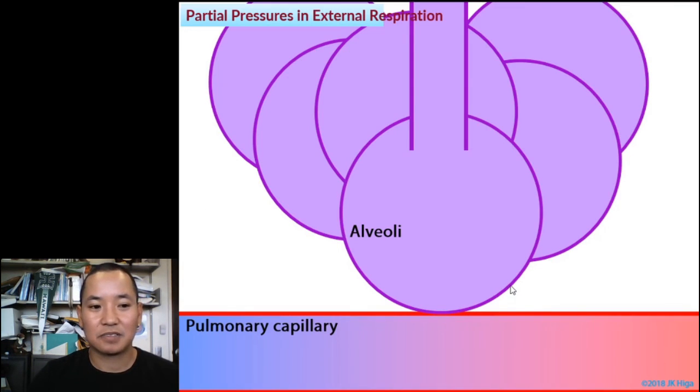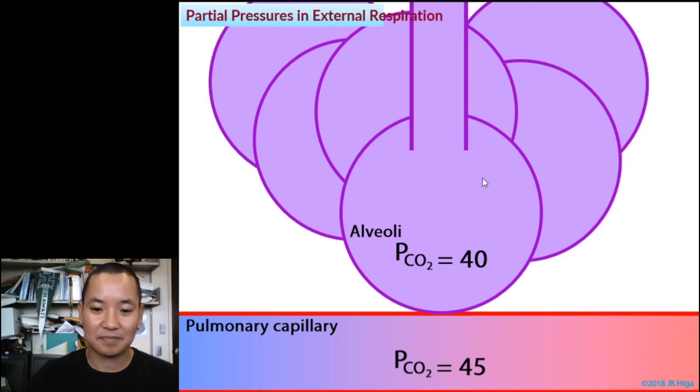And where does that go? That eventually goes to, again, the right atrium, then the right ventricle, then to your lungs and the pulmonary capillaries. So we're talking about carbon dioxide now. Again, we do have that 45 millimeters mercury carbon dioxide, but once you get to the alveoli, the partial pressure of carbon dioxide is 40. Which way does the carbon dioxide go? Again, pressure moves from high to low. Which number is higher? Again, it's in the blood, so the carbon dioxide is going to move from the blood